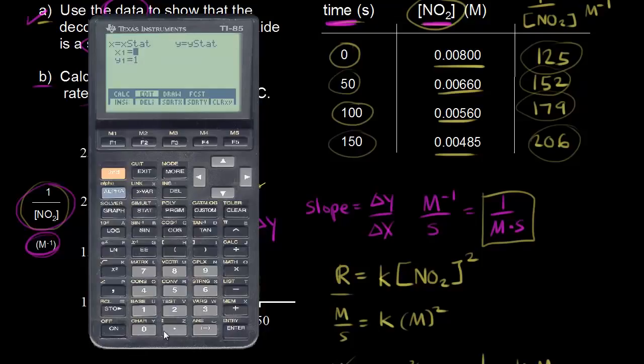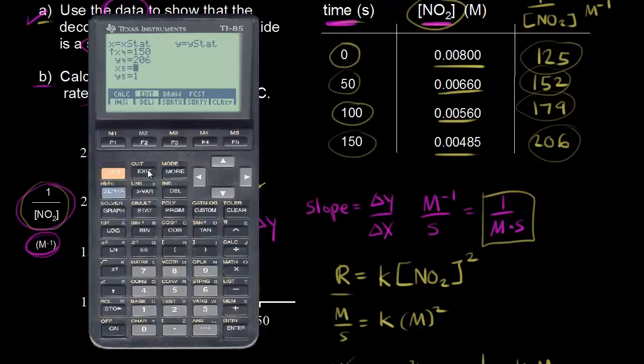So when x is equal to 0, y is equal to 125. When x is equal to 50, y is equal to 152. And let's see, next when x is equal to 100, y is equal to 179. And then finally, when time is equal to 150 seconds, y is equal to